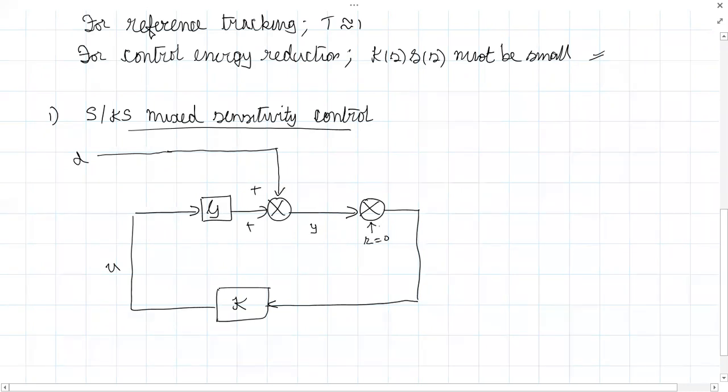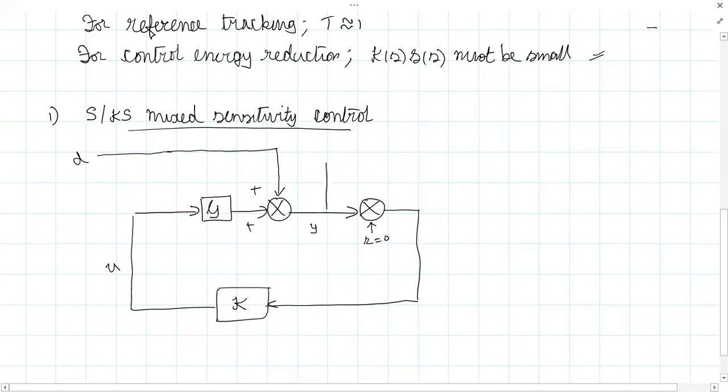What do you mean by regulation problem? Regulation problem means you have a fixed value, and your output should follow that constant value. The output is not changing with respect to time t. That is what is meant by regulation. What do you mean by tracking problem? Tracking problem means the output is time varying, and your input is time varying, so it has to follow the time varying signal. That's the difference between tracking and a regulator problem.